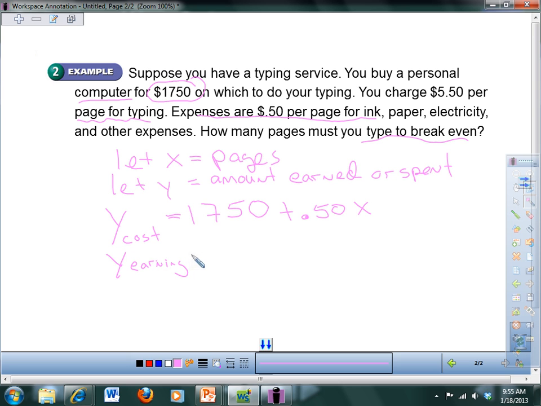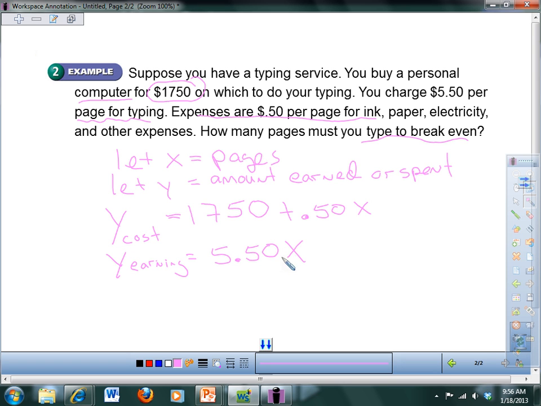Earning y is going to be, all it tells you is you charge $5.50 per page, so you call that x. You follow that? So you have one equation for your cost, which is 1750 plus 0.50x, and your earnings is